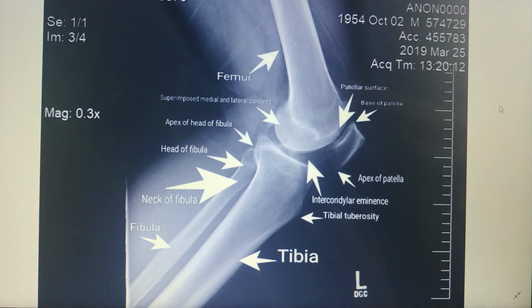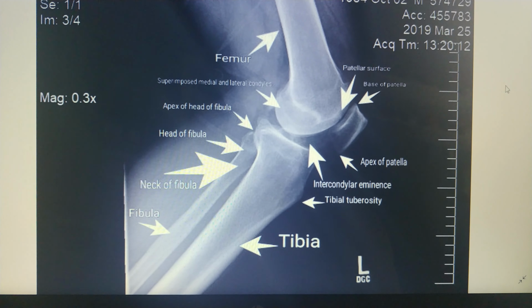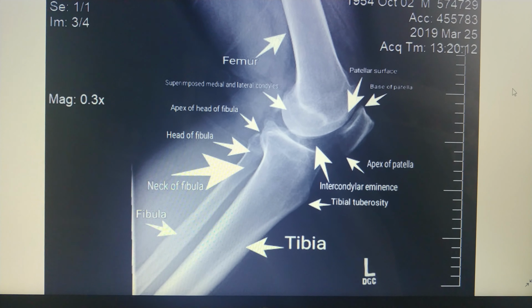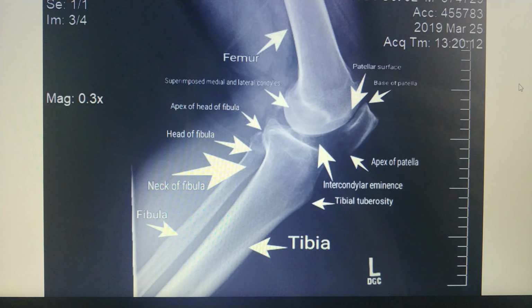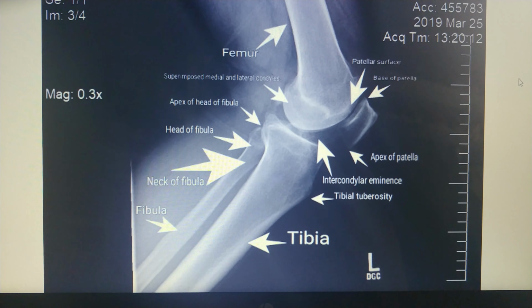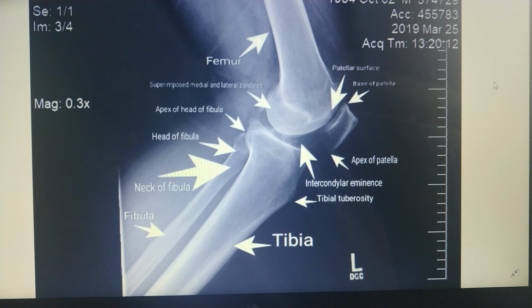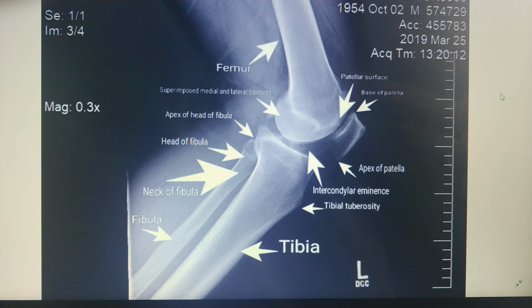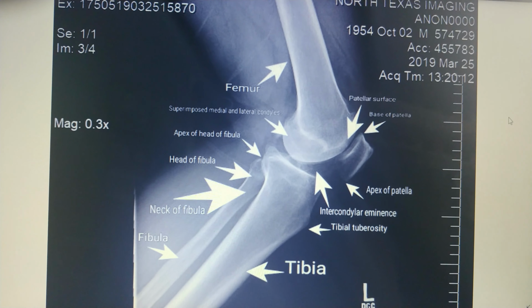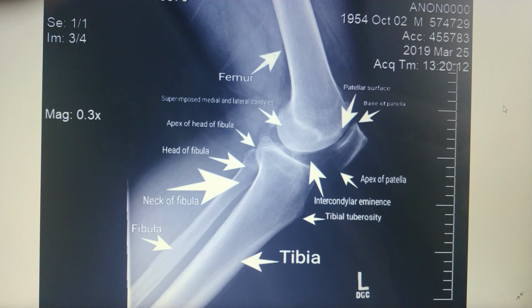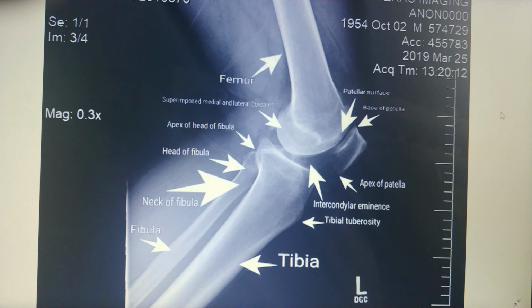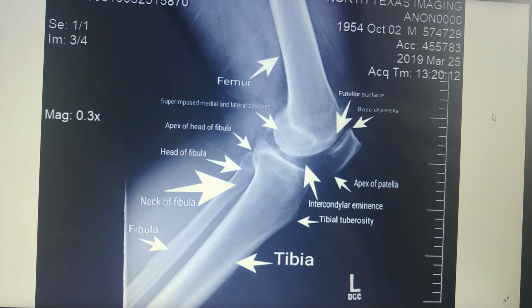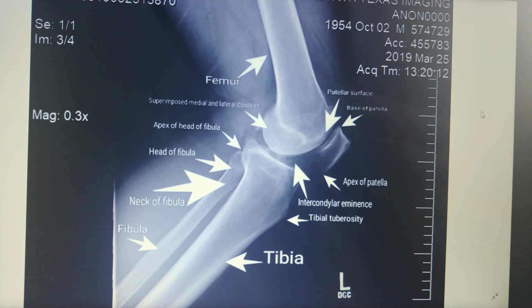True lateral position of the knee without rotation demonstrates posterior borders of the femoral condyles directly superimposed. Patella should be in profile with the patellofemoral joint space open. The 5 to 10 degree cephalad angle of the CR should result in direct superimposition of the distal borders of the condyles. Knee joint is in the center of the collimated field. The optimal exposure with no motion visualizes important soft tissue detail, including fat pad region, anterior to knee joint, and